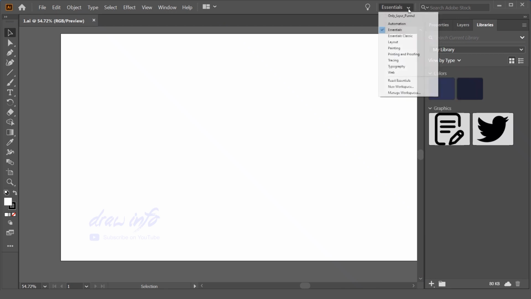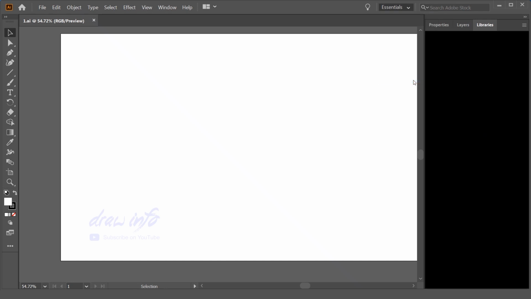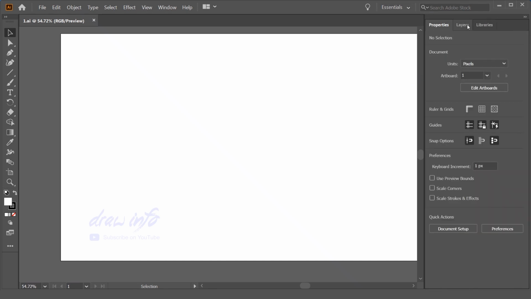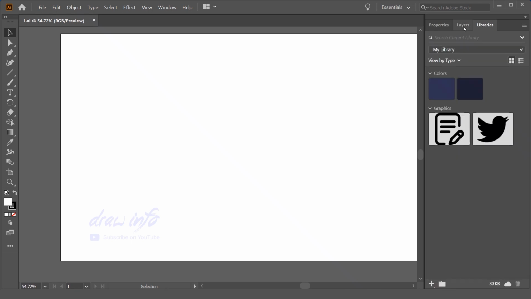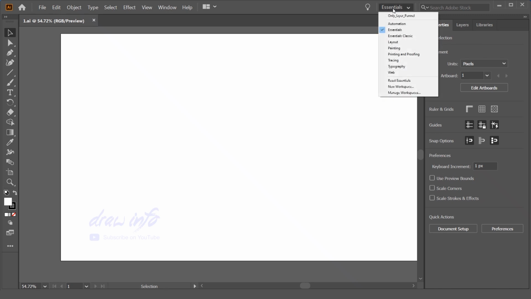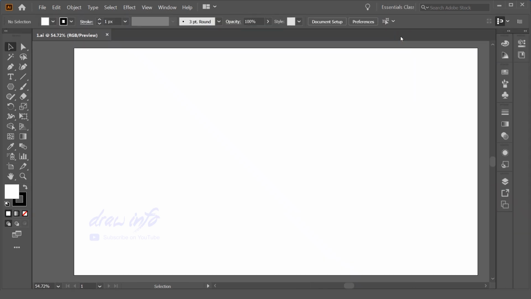I made some changes in Essentials, so if I do Reset Essentials, it resets to default. Mostly I work in this layout, that's why it's showing this layout over here. So this is Essentials. Then Essentials Classic. If you click Essentials Classic, it takes you to the Essentials Classic interface over here.